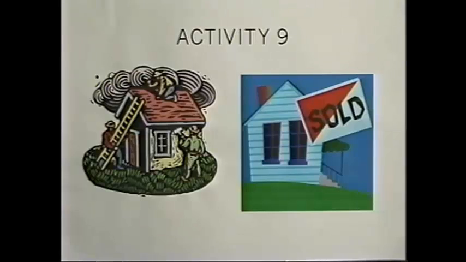I'm going to put a transparency up there, and I want you to tell me if it's included or if it's not included in the gross domestic product, and explain why. The first one that I have here is a house that is being built for someone that's already paid the contractors, and they have them building this brand new house for them. The other thing that we have here is a house that was built in, say, 1965, and it's sold.